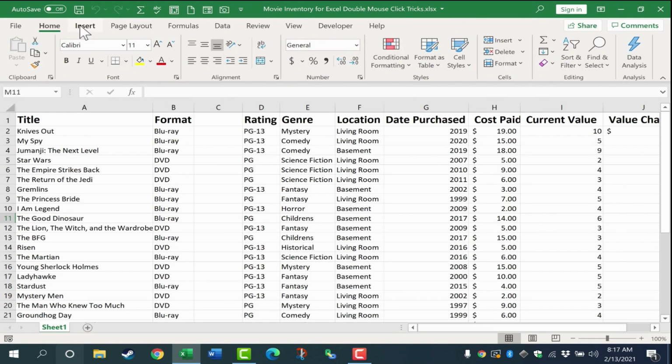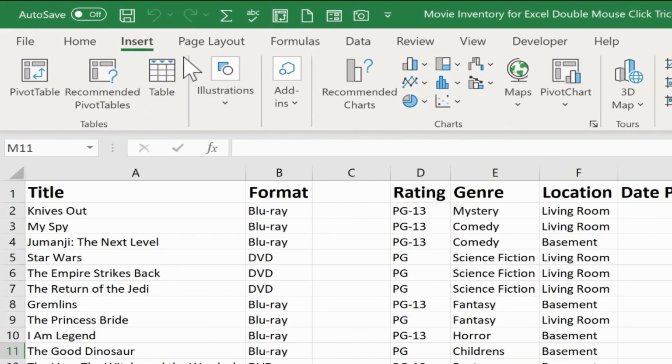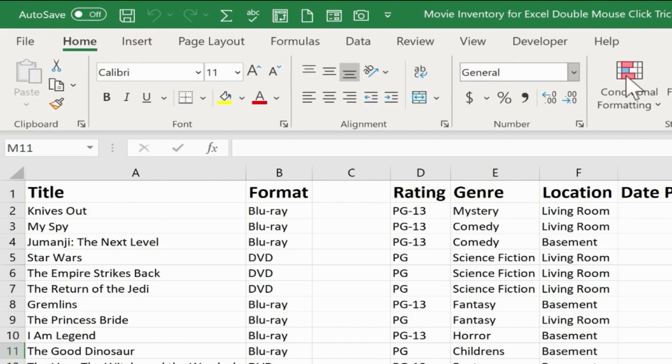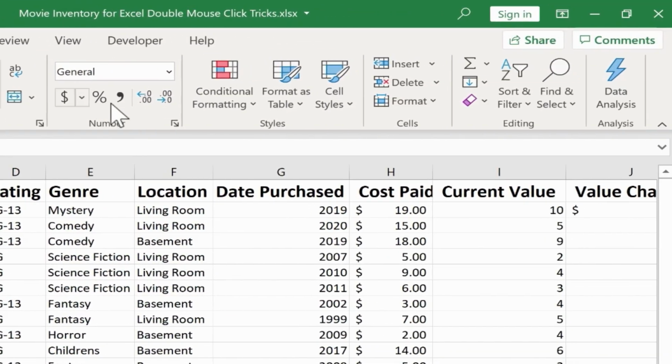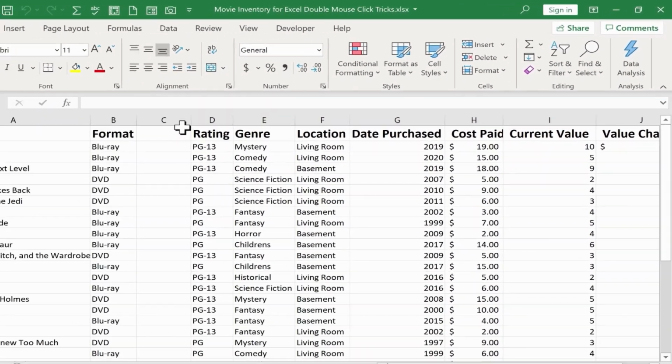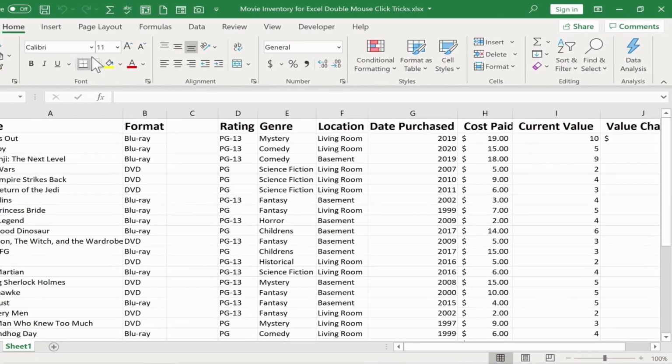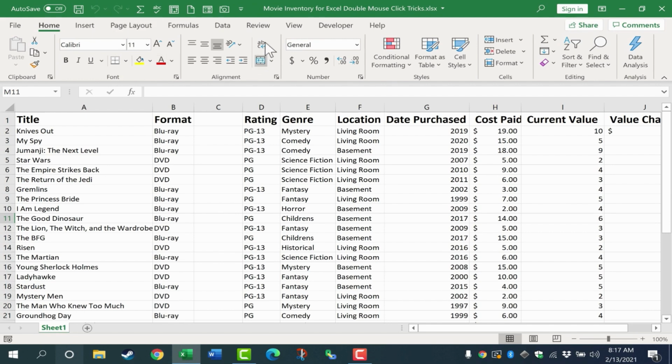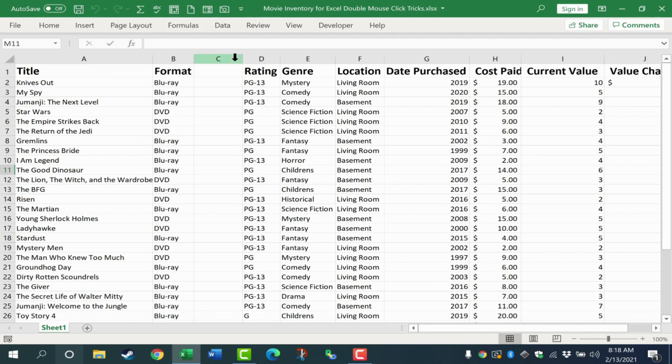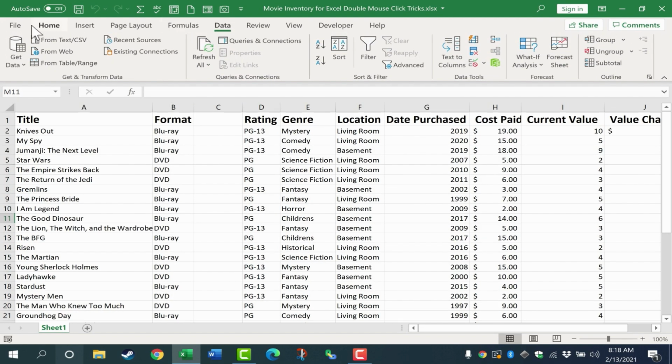Trick number 2. Excel has this nice tab and ribbon layout that makes it easy to identify the most important options and Excel features and tools that we might want to use. But sometimes this big ribbon just gets in the way, especially if you have a small screen like I do. If you want to hide the ribbon, all you have to do is double click on any of the tabs except for File. Don't double click on File. So if I double click here on Data, for example, it hides the ribbon, and now I have more real estate for typing in data in the spreadsheet. If I want to restore the ribbon, I just double click again on any of the tabs other than File.